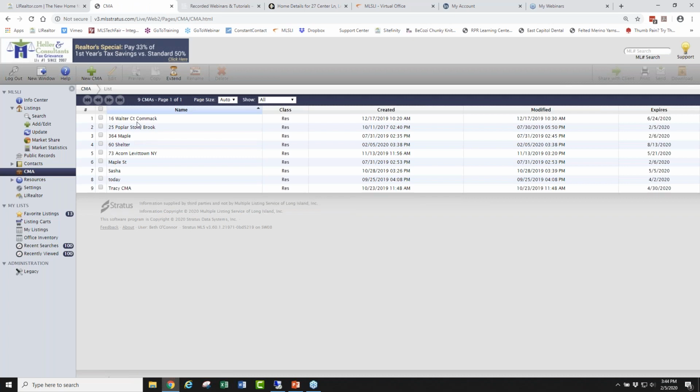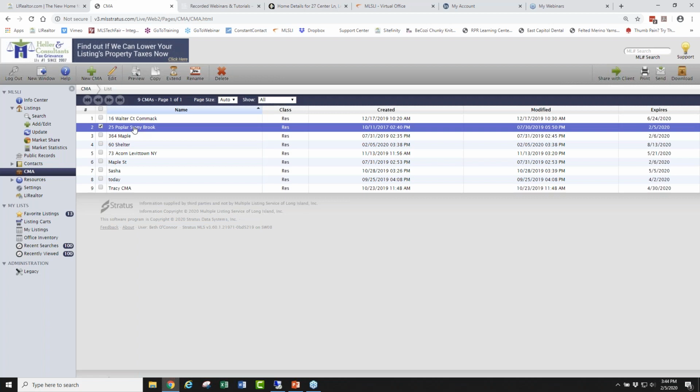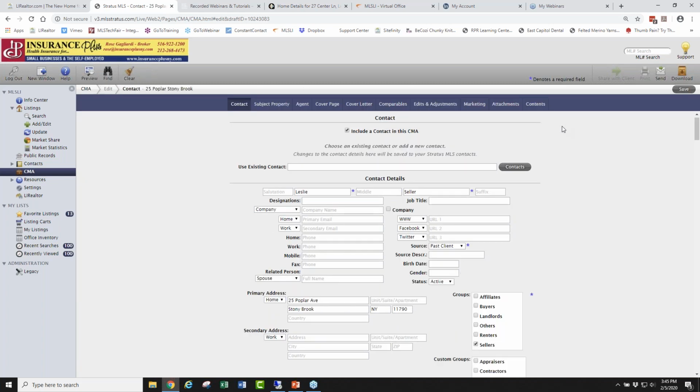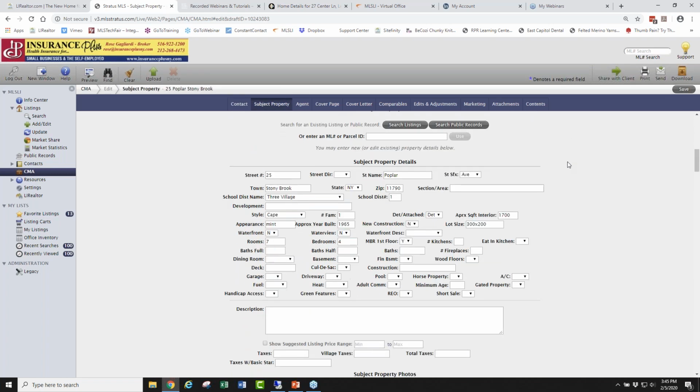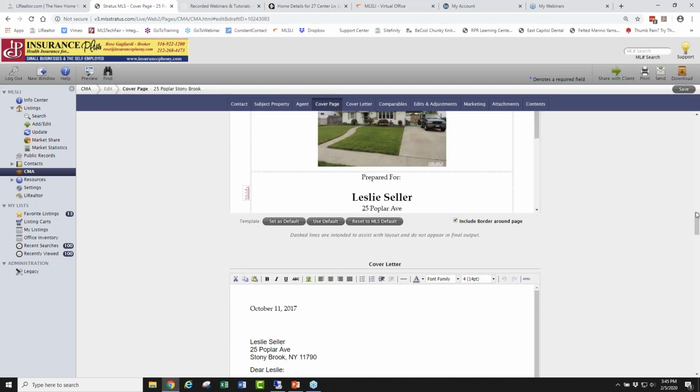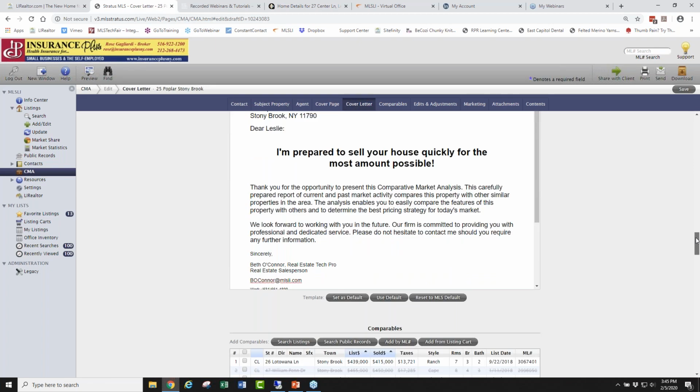and I have one done for Poplar in Stony Brook. So I'm just going to click on that and I can edit it. I'll show you the finished product. And again, you can use as little or as much of this as you want. Maybe you only want to use a couple of pages of this. You don't have to use the whole thing, right? But whatever you do use, you'll have the option at the bottom